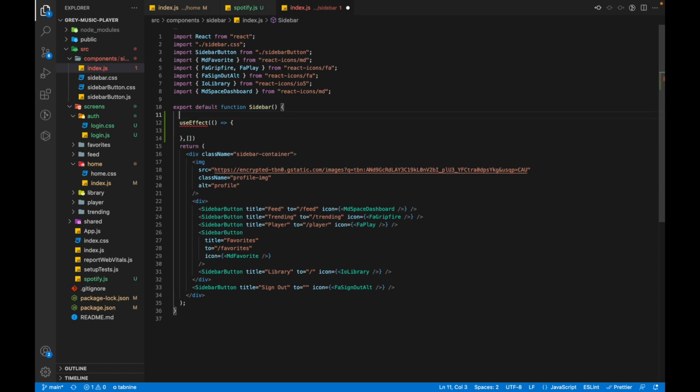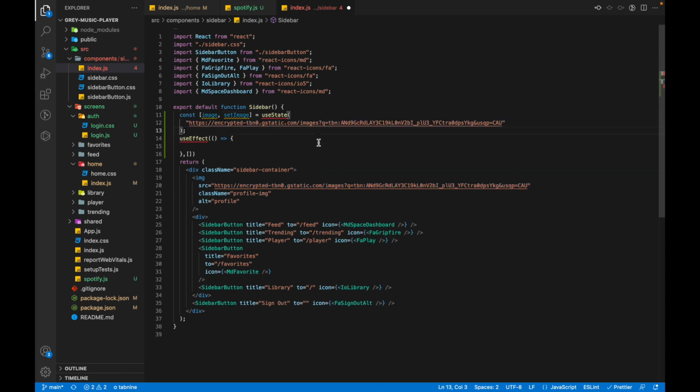And also we'll make a state for storing the URL of the image. Okay, so image, comma, set image. We'll use state. Initially, we'll set it to this. This will act as an empty image for us when the image is not loaded. And in the source, we'll add